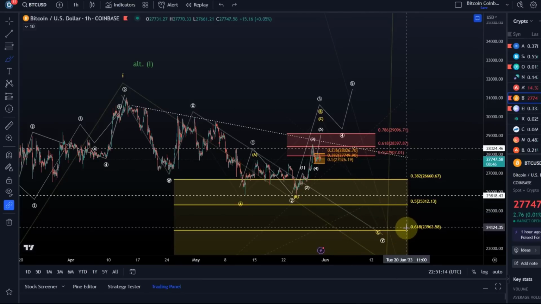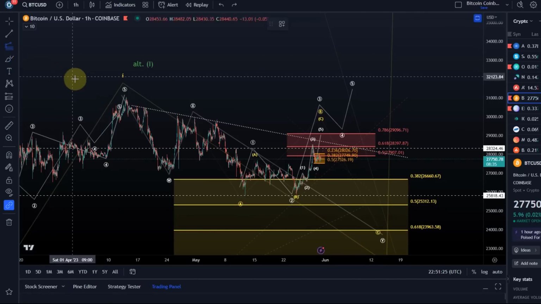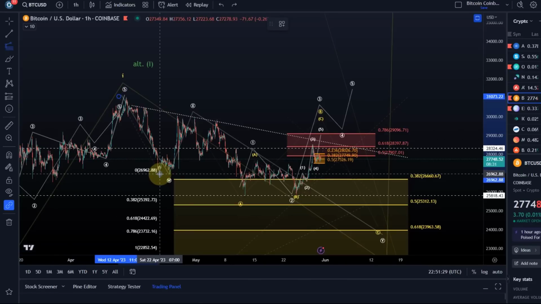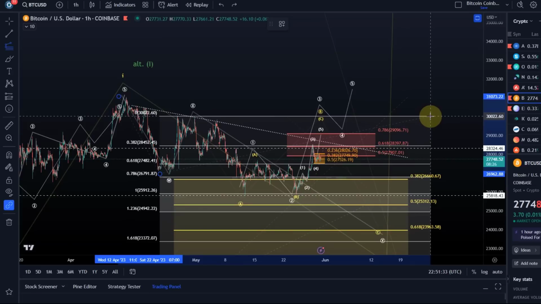If we get that one more low that I just showed you, certainly the area between 23,960 and 25,300 is a likely target. That's between the 61.8 and the 50% retracement level. We can also take into account the Fibonacci extension. So if I take the length of the wave W, I go to the high of the X wave, then you can see that there are a few levels of interest down there.